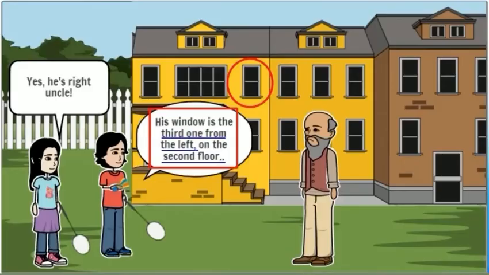So we know in order to determine the position of any object, we need at least two values. We saw when the old man had come to visit Datta Bhau, he asked the boy, where does he live? And the boy said that Datta Bhau lives on the second floor, and specifically he mentioned that his house was the third one from the left. So we saw that we needed two values in order to determine the position or the location of Datta Bhau's house. Those two values are nothing but Cartesian coordinates.